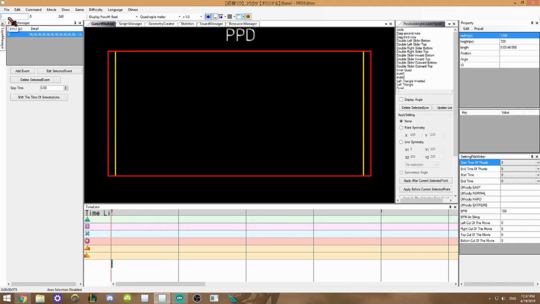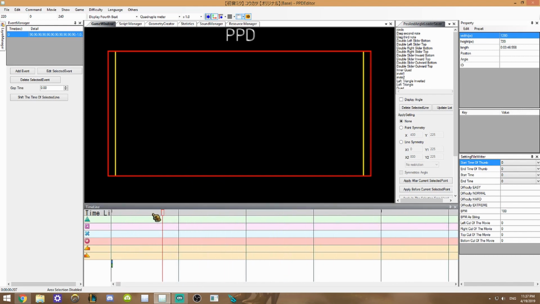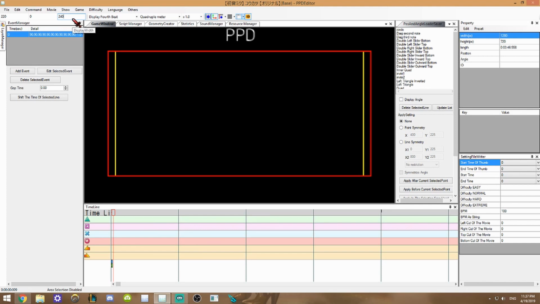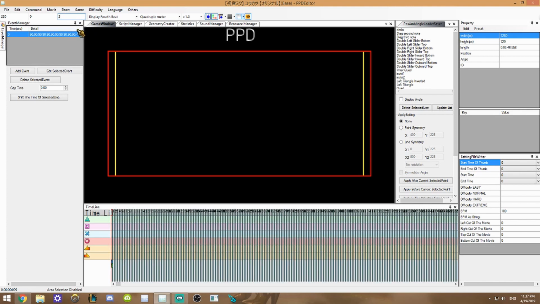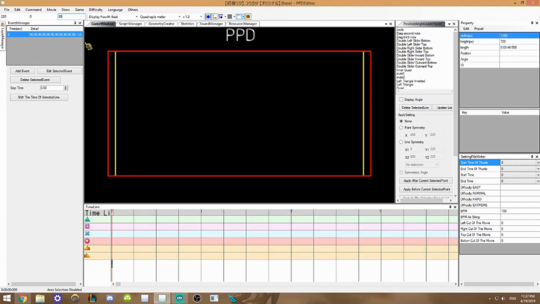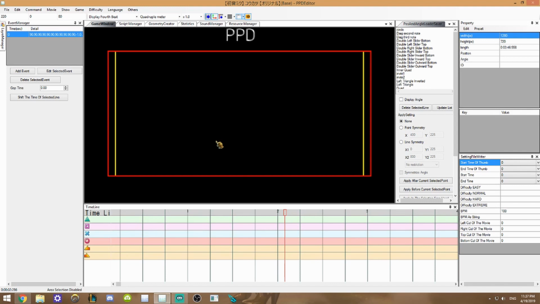So if you edit that and put like 220, the timeline is going to move much faster, obviously. So that's that one. This is BPM offset. I'll talk about that one after this one. Display width is the display width between each of these black lines on the timeline. So it's at 240 now, and if I reduce that, it looks really weird. So if I set it at 880, this is a lot more easy to work with. It's not going as fast, but I can still see the notes spaced out